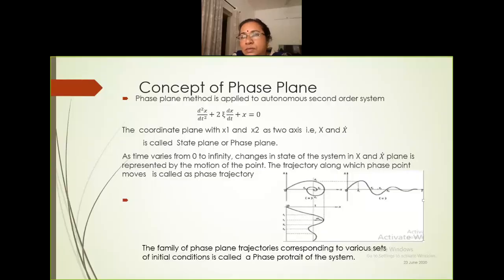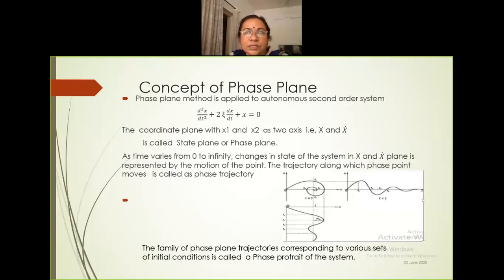So you know how to form the state model if the higher order equation is given. Many problems we have done here. What is the general state equation? That is x dash is equal to Ax plus Bu, where A is the system matrix. If it is a second order system, how many state variables are available? Two variables. If it is third order, there are three variables. Fourth order, four state variables.